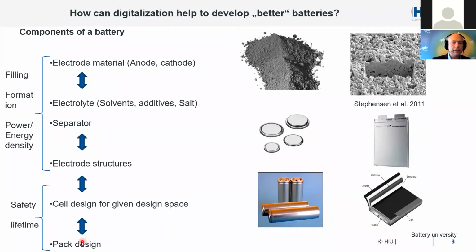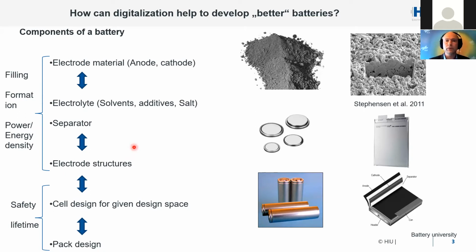Also, of course, the pack design is strongly influenced by what the cell design might be. And for special applications, it might not be enough to concentrate just on a prismatic or cylindrical cell. You might have special shapes. If you think of power tool producers, they have all kinds of shapes of tools, and they always have to build their cells within the design space available to them. And it would be good to have a more agile kind of production to do that. So this will influence safety and lifetime. But of course, safety and lifetime are also related to the electrolyte and the electrode material which you are using.